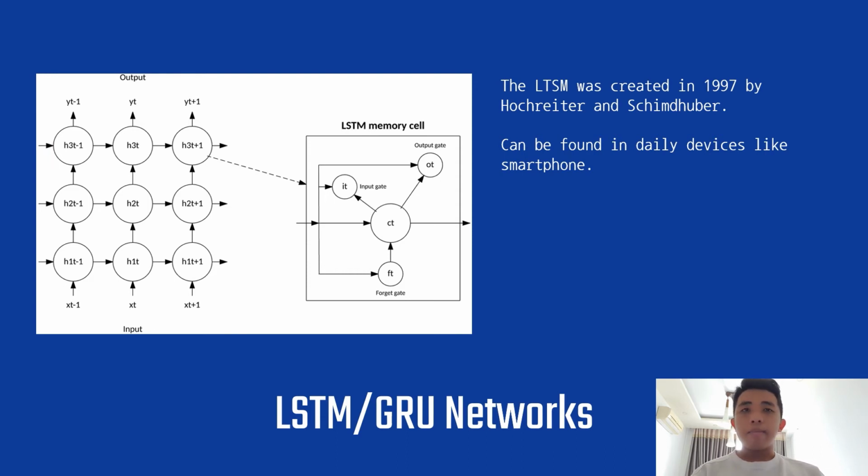The LSTM memory cell contains three gates. First is the input gate. The input gate controls when new information can flow into the memory. The second is the forget gate. The forget gate controls when an existing piece of information is forgotten, allowing the cell to remember new data. Finally, the output gate controls when the information that is contained in the cell is used in the output from the cell.